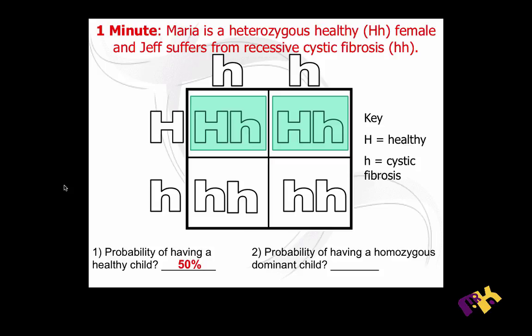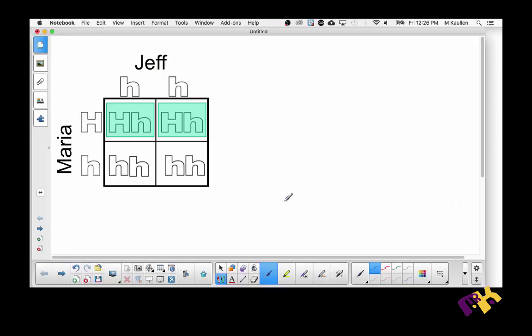Go ahead, Case. 0%. Yeah, there's no chance for them to have a homozygous dominant child. Right, so the best scenario is that they're going to procreate and have some carriers. All right. So another thing that you might come across when you're having to do Punnett square work is a